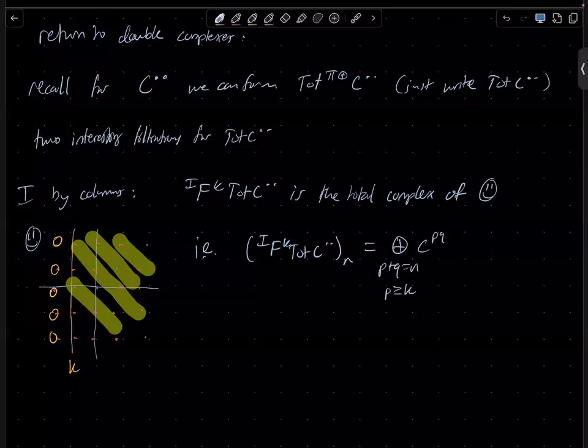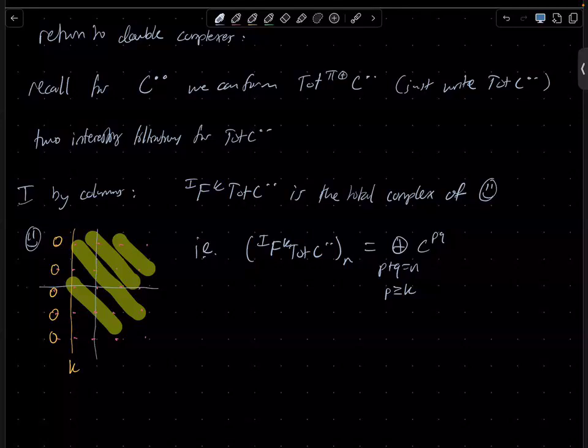Okay, so I've filtered. There's a lot going on here, right? I have a lot of complexes, so I should be very slow when I say these things out loud. So I filtered the old complex. What I mean by that is I filtered the total complex of C bullet by making these new total complexes,